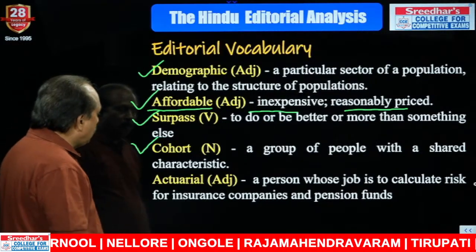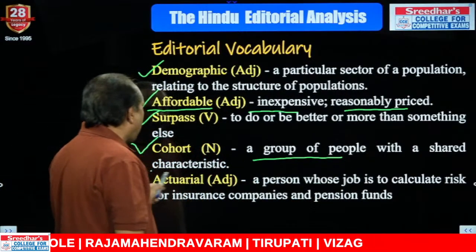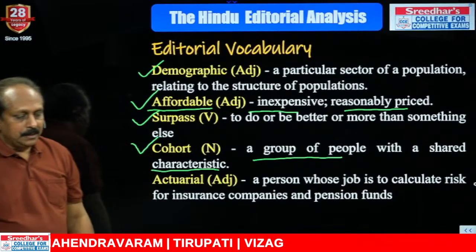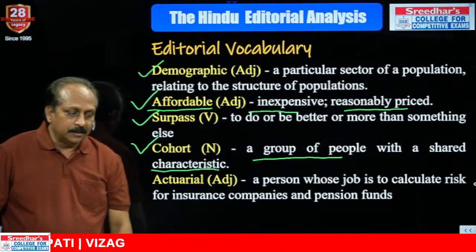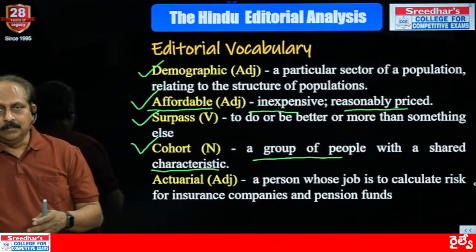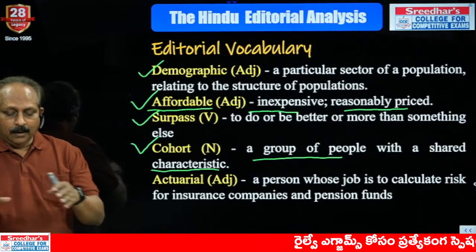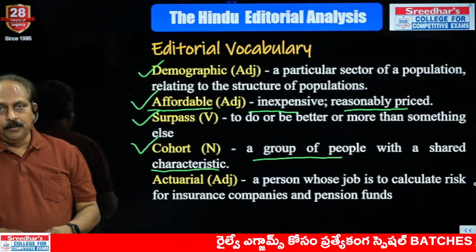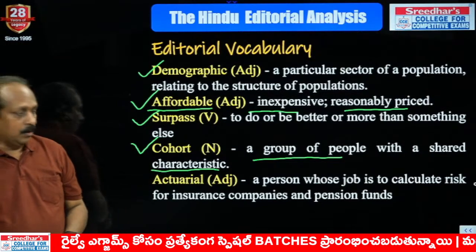What is the word here? Cohort, part of speech noun. A group of people with shared characteristics or features. Similar features, a group, cohort. It has a negative connotation sometimes. What happens is a VIP, the PM, the CM, around him, we also use the word coterie for those people. A group of people, they try to influence. Then typical word coterie, but we can also use the word cohort.